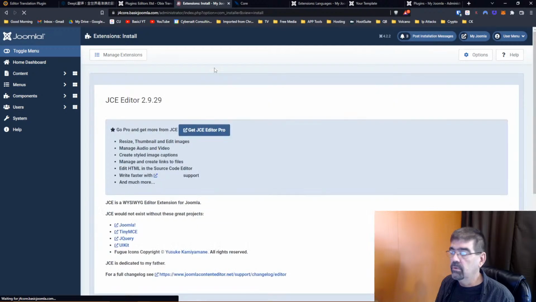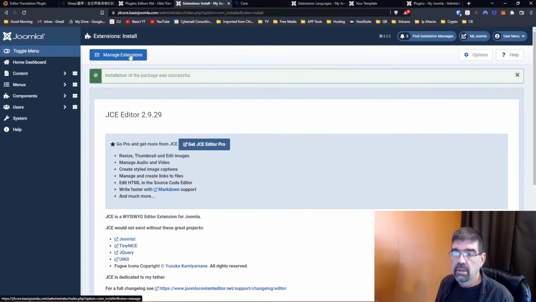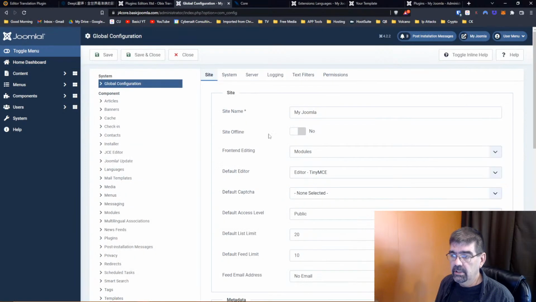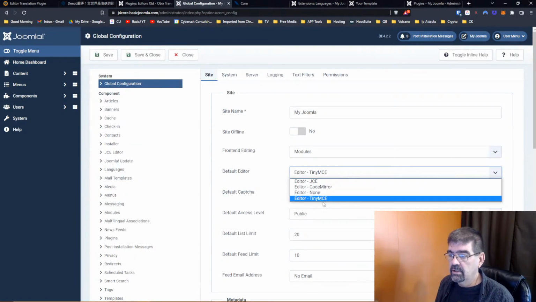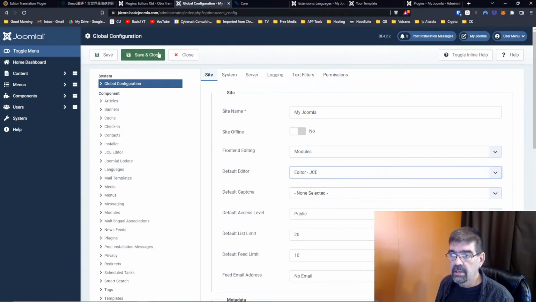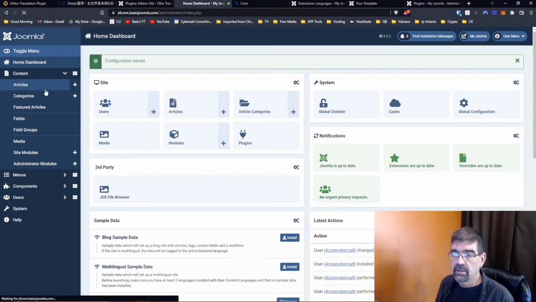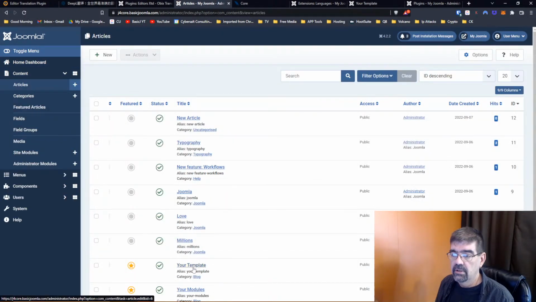And now we're going to go to global configuration, default editor, JCE, save and close. Go to content, articles, your template, and